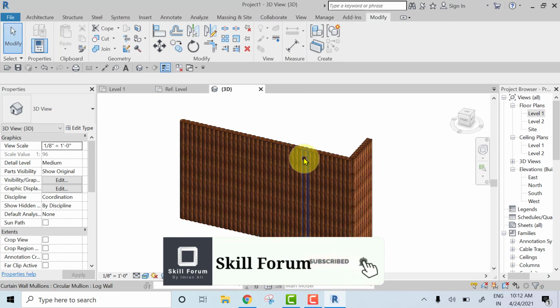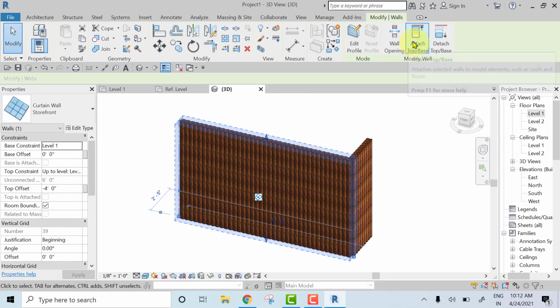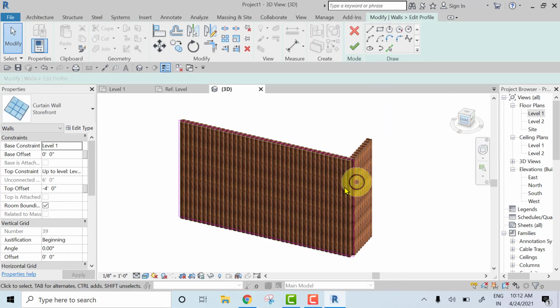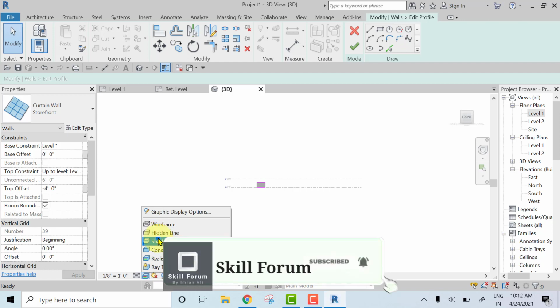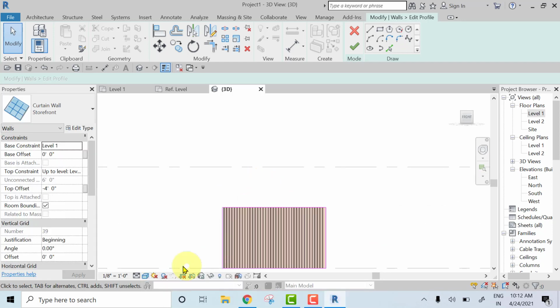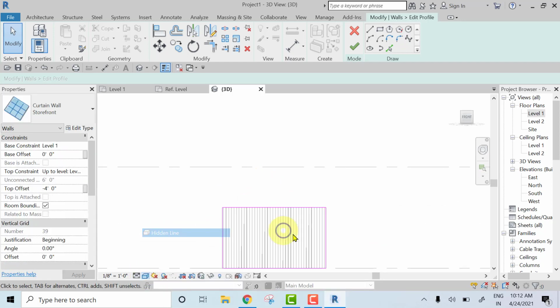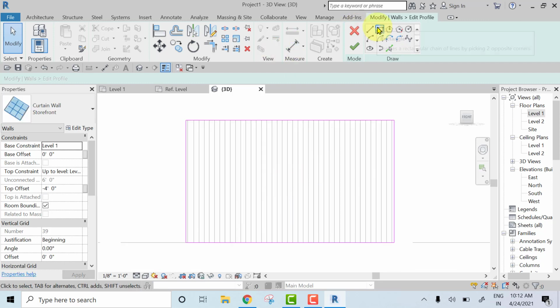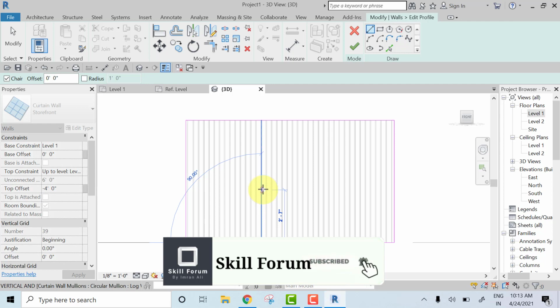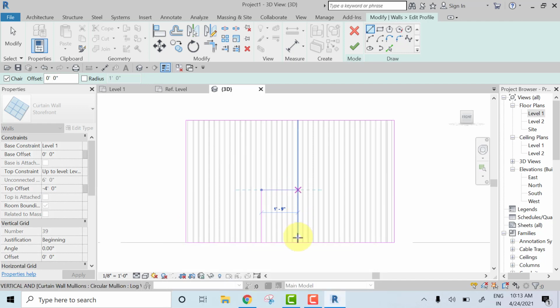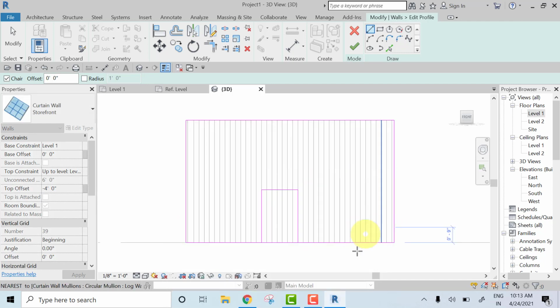Suppose if you want to create an opening here, just select the wall and click on the edit profile. So you can easily edit the wall profile here. I'll just go to shaded. So I'll just go to hidden lines here. I'll just select this from here to here, here to here, just create a wall.